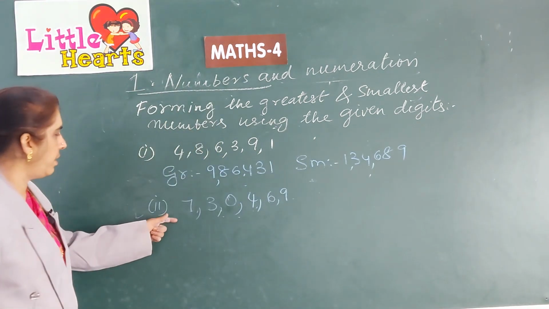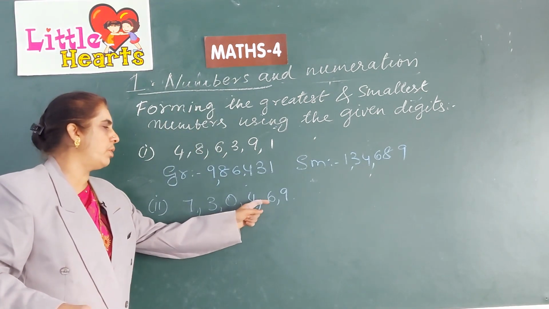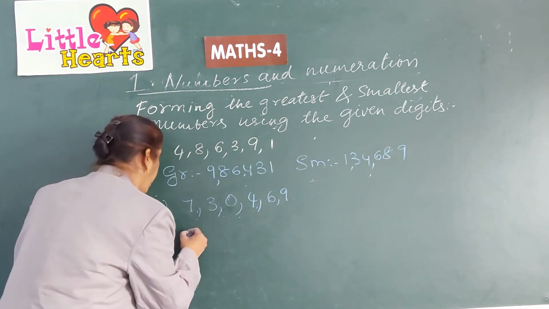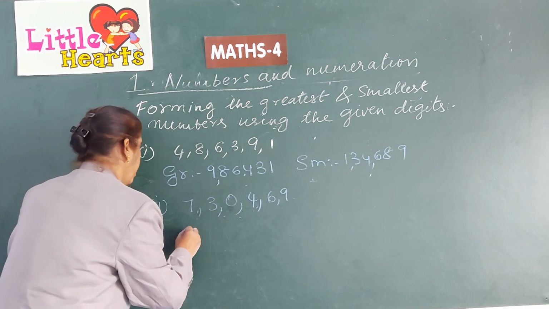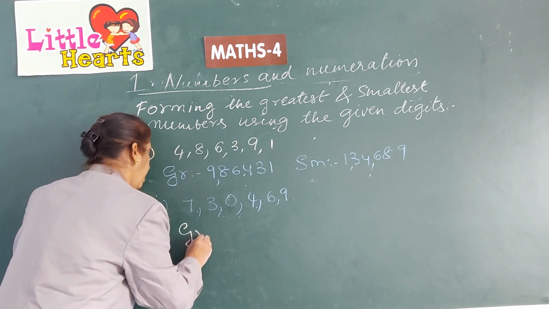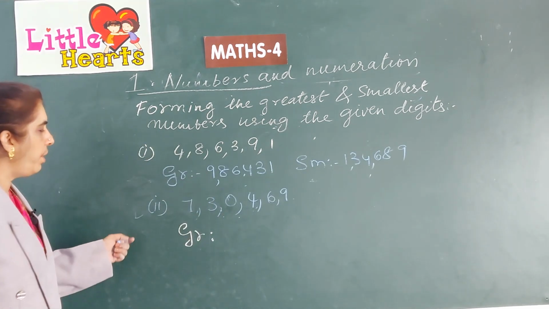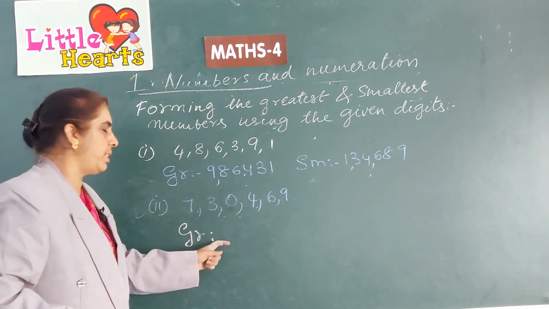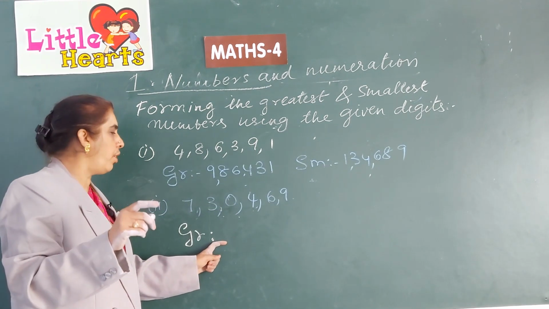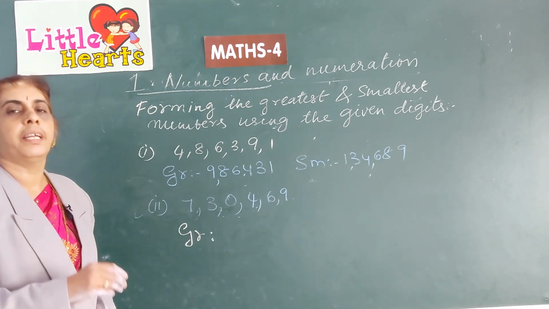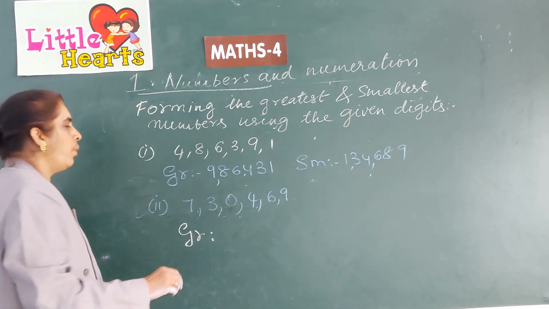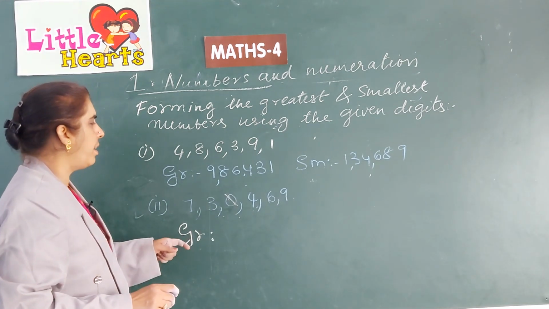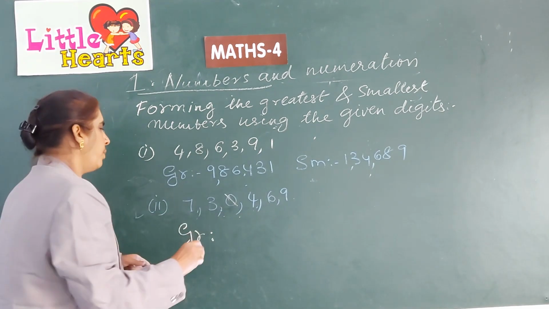The next is 7, 3, 0, 4, 6, 9 are given. To form the greatest number, see that we should never start any number with 0, and 0 should not be at the extreme left, it has no value. So, other than 0, which is the greatest number here? 9. So, start,